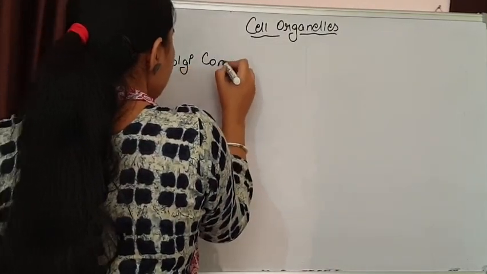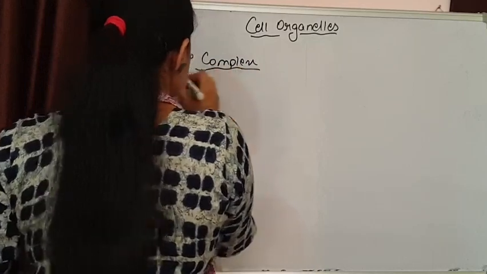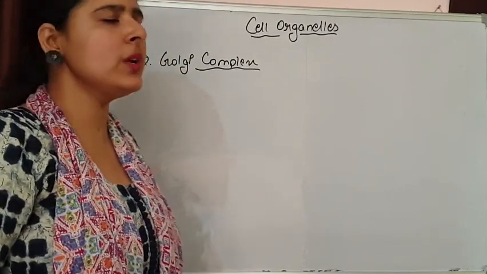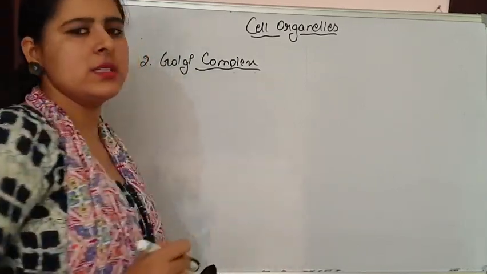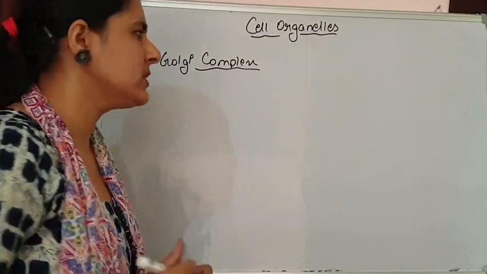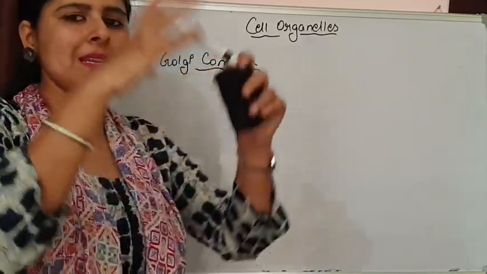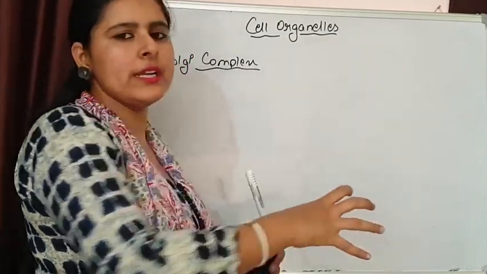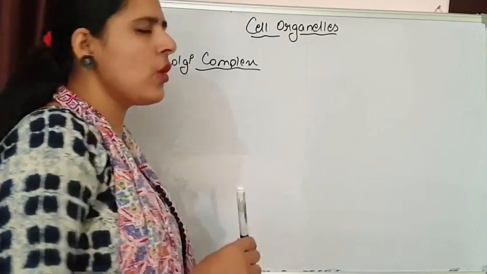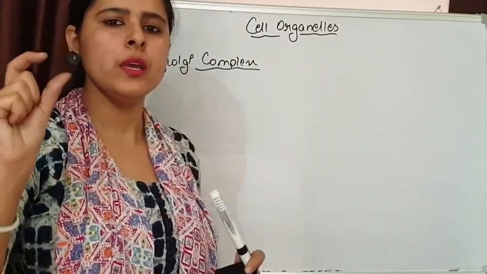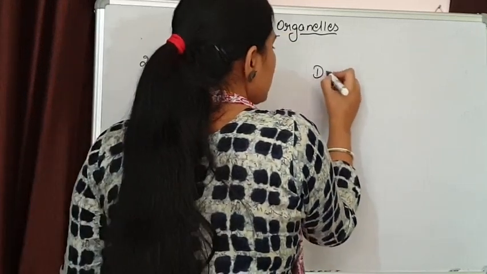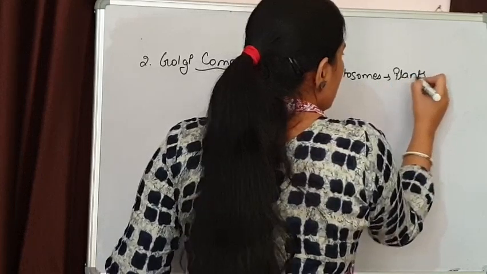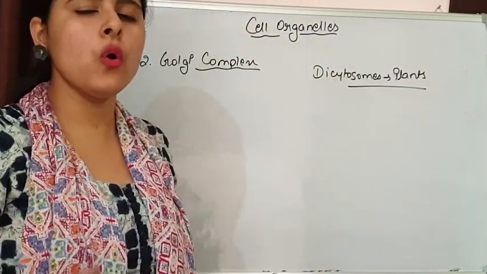You can say Golgi complex or Golgi bodies. Golgi bodies look much like the endoplasmic reticulum. They are also made up of cisternae, tubules and vesicles. In animals, the Golgi complex is present as a whole unit at the same place, but in plants, because a large centrally located vacuole is present, the Golgi complex is present in small units, and those small units are known as dictyosomes. That is in plants, while in animals they are present as a whole single unit.